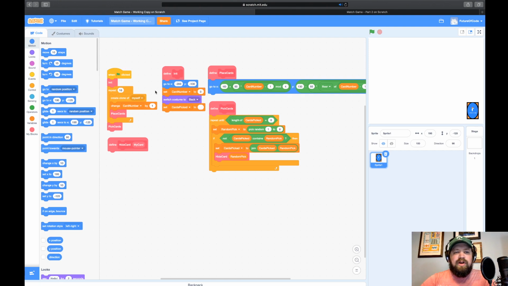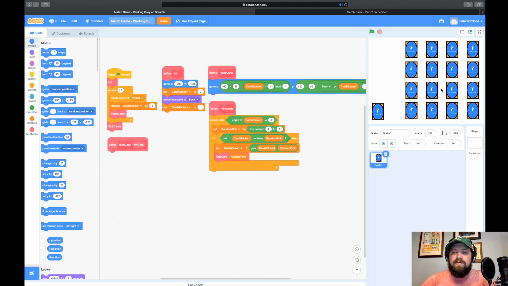Next, we're going to create the 4x4 grid. This is going through and just using this nice place cards equation here. And by knowing which card number is assigned to each card, which starts at 1 here, 2, 3, 4, 5, 6, and so on, down to 16, we can actually place it in an X and Y location.